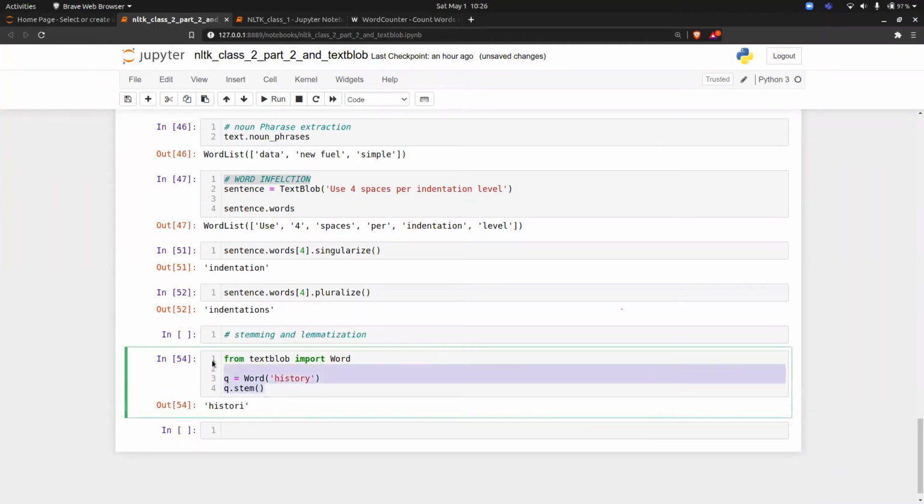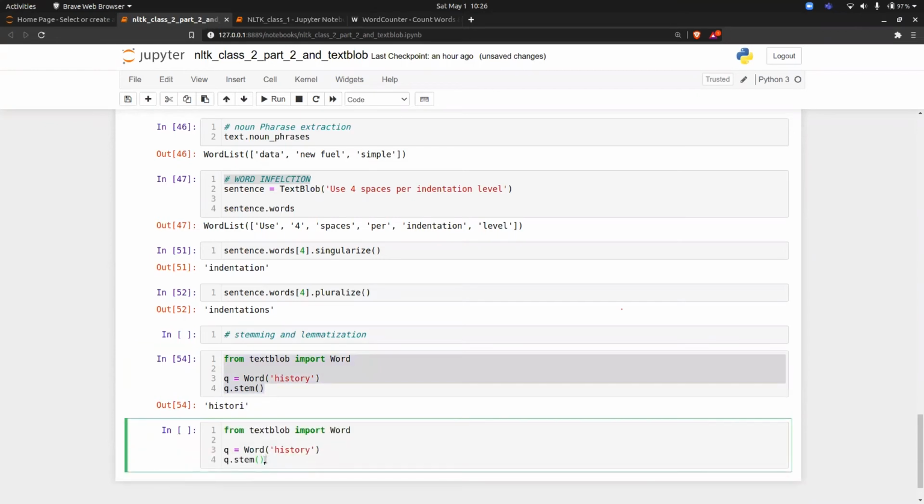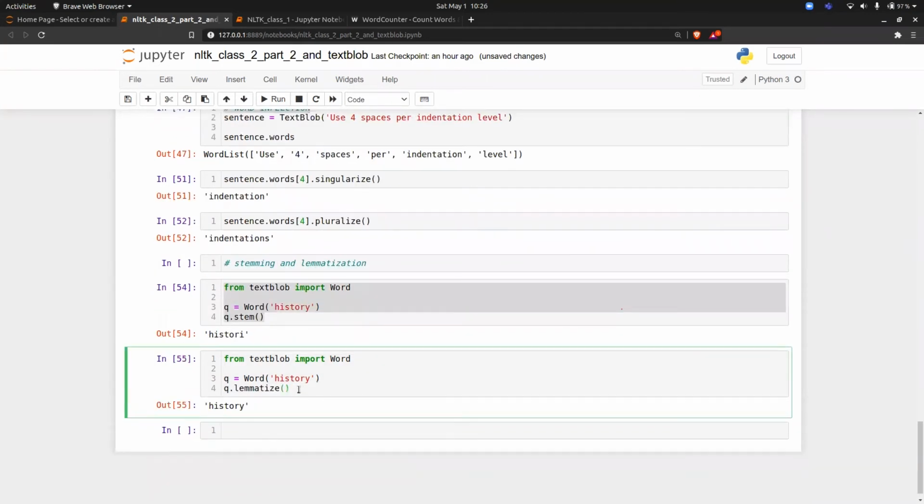Now let's try to do the same thing with lemmatization, of course. So not stemming, lemmatization. Lemmatize. If I run this, the word is history. So what do you have to specify there? I have told you that you have to specify something.